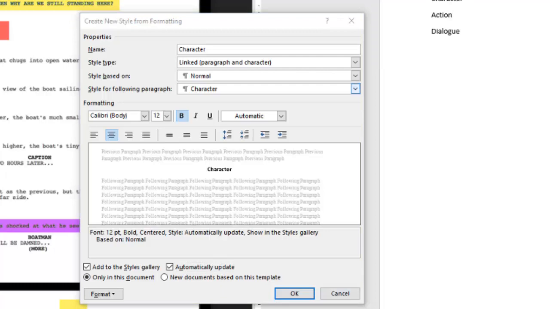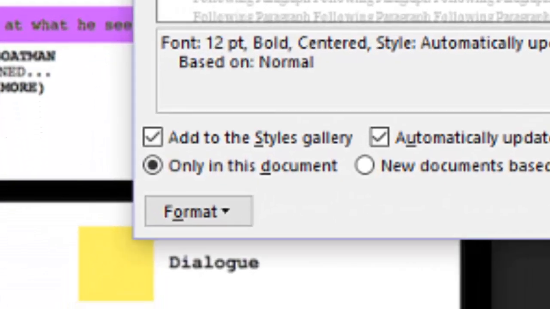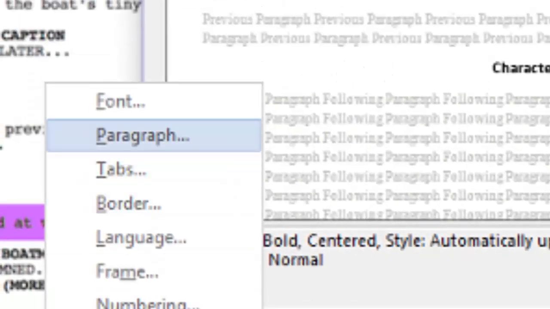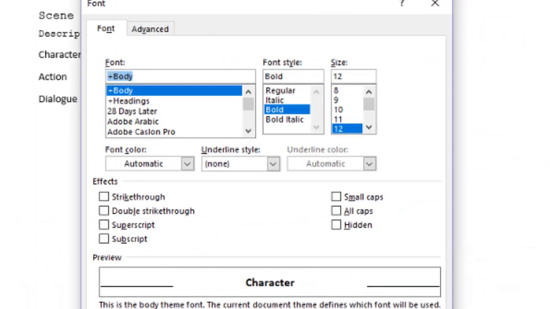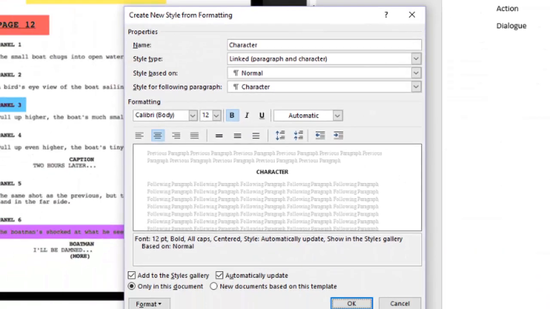But I also want it to be all caps. As you can see here, we have everything all caps. So I'm going to go here to Format, and I want to format the font. When I do that, I can say I want it bold, but I also want it all caps, like that. And then I can just click OK. And that's exactly how I want the character.